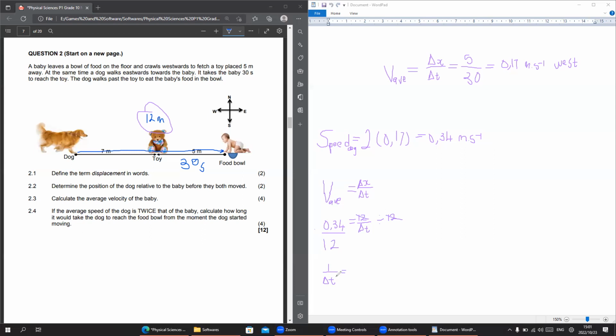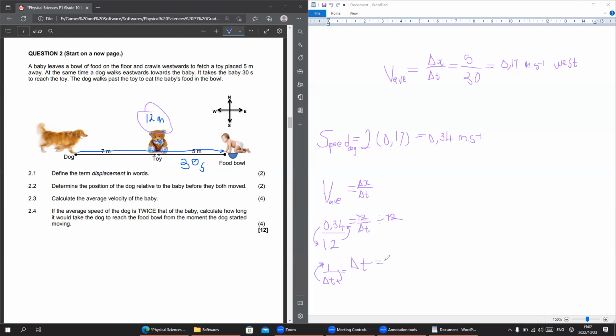So in order to change this, you're just going to take this and put it up here, and take this and put it down there. That means you're going to do the same on this side. This is going to go down, and this is going to go up. So you're going to end up with delta t